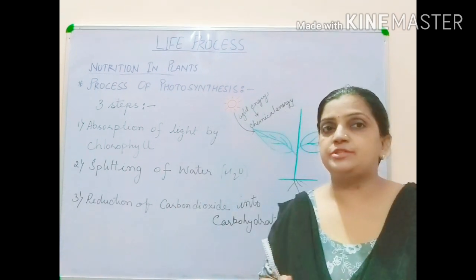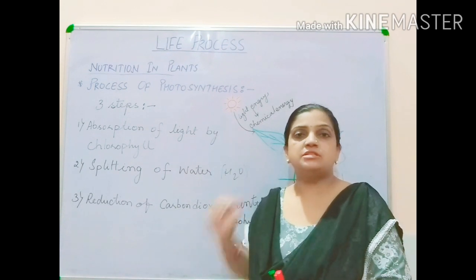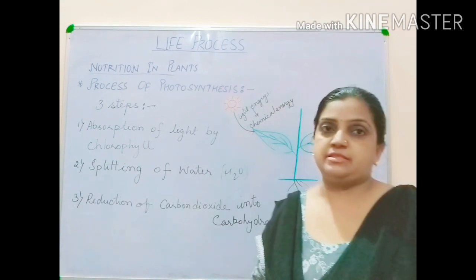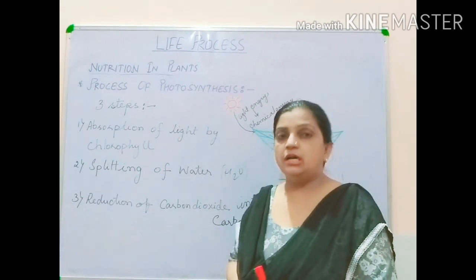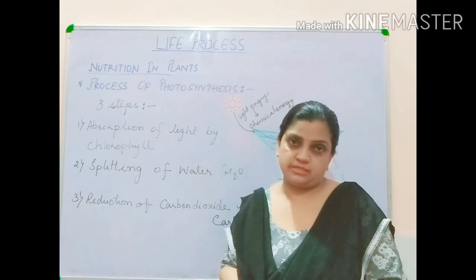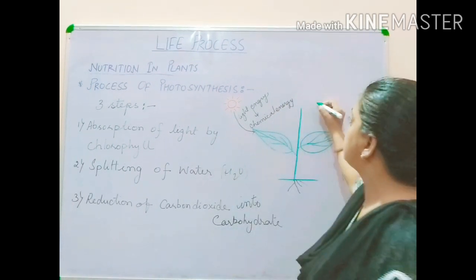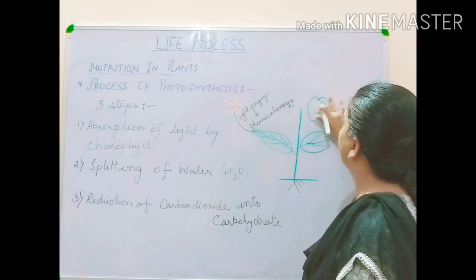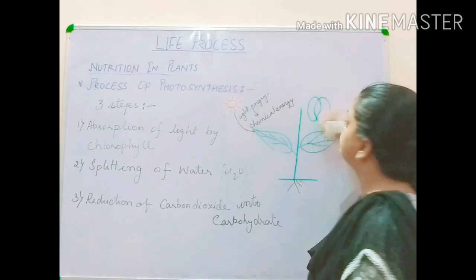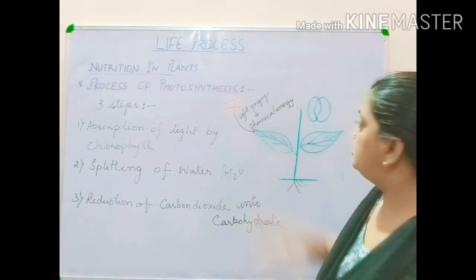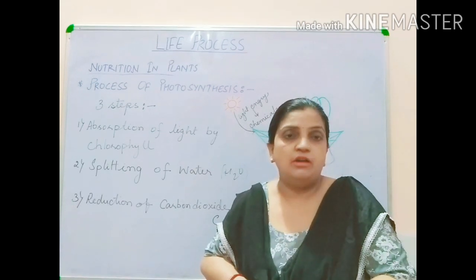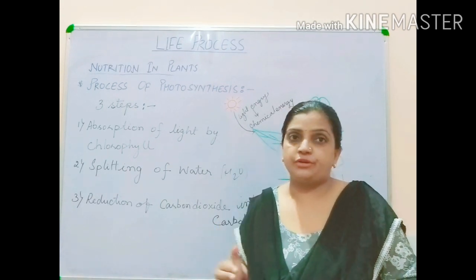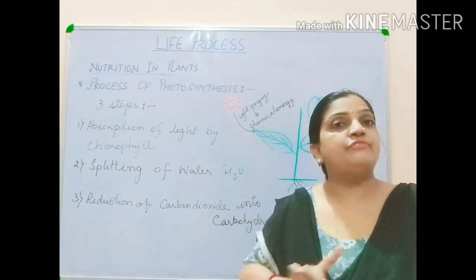Now the thing which is very important is that photosynthesis occurs during the daytime. Why? Because the sunlight is present during daytime. But how is the process conducted? The process is conducted through the stomata. The whole process of photosynthesis is conducted through stomata. This is the structure through which the whole process will be completed. Stomata is responsible for absorption of carbon dioxide from the atmosphere. And it is sure that if carbon dioxide is absent, photosynthesis cannot occur.